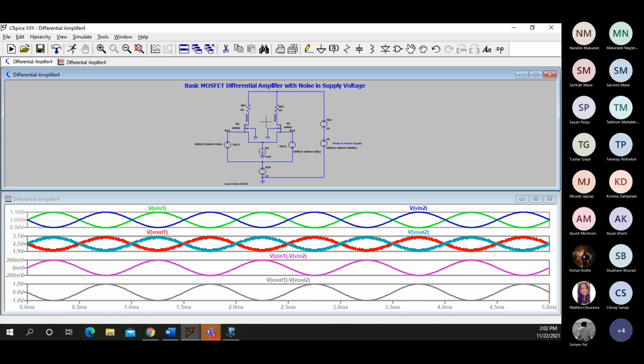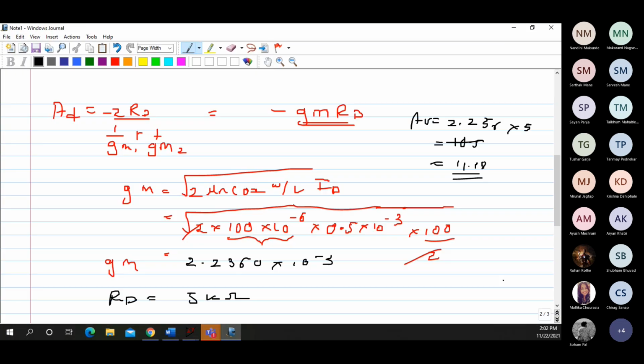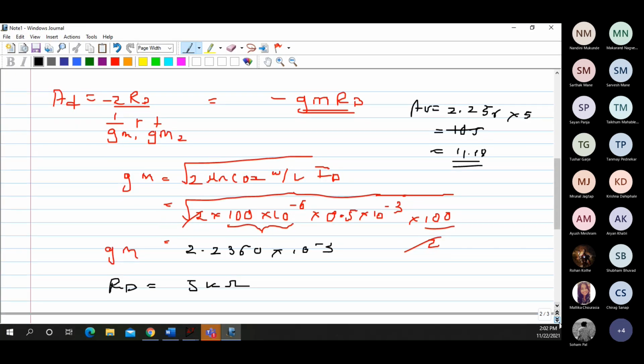Now what if both the noises are there together? What if there is a noise in the input as well as the output? Sir, I don't get how a battery can create noise. See, what happens is, I will tell you, the battery doesn't create noise, but I said the battery lines can create the noise.